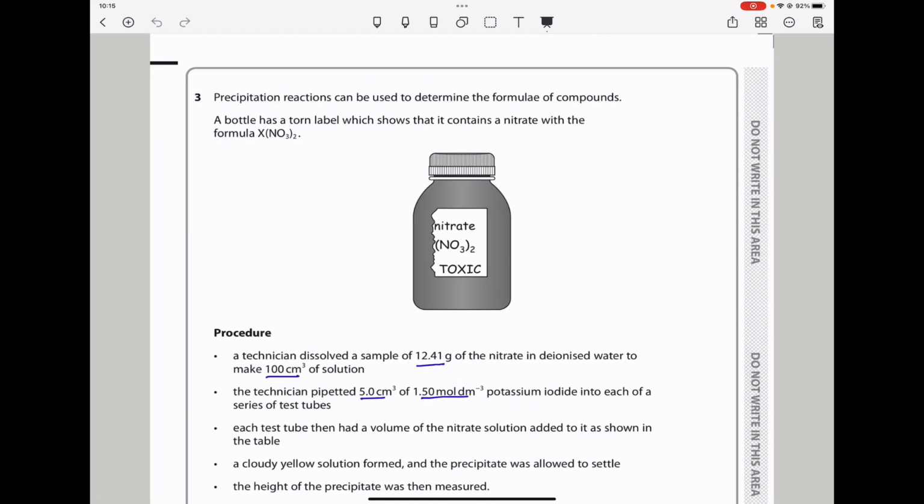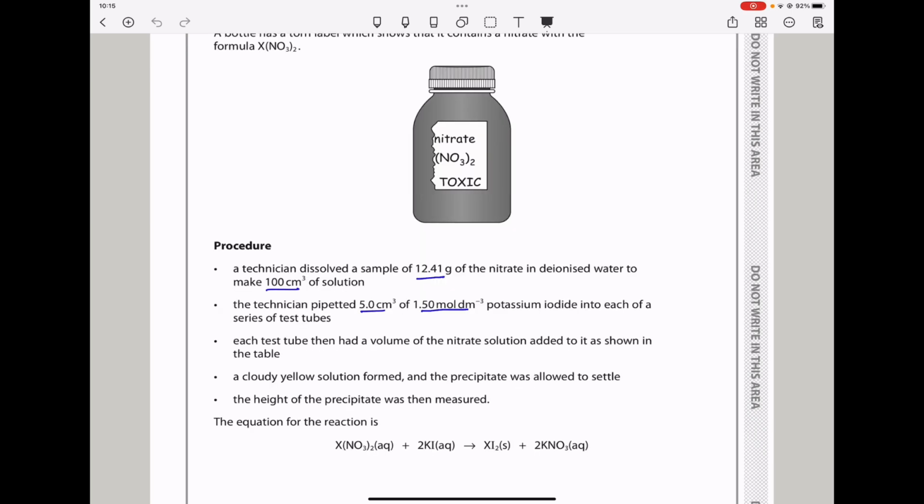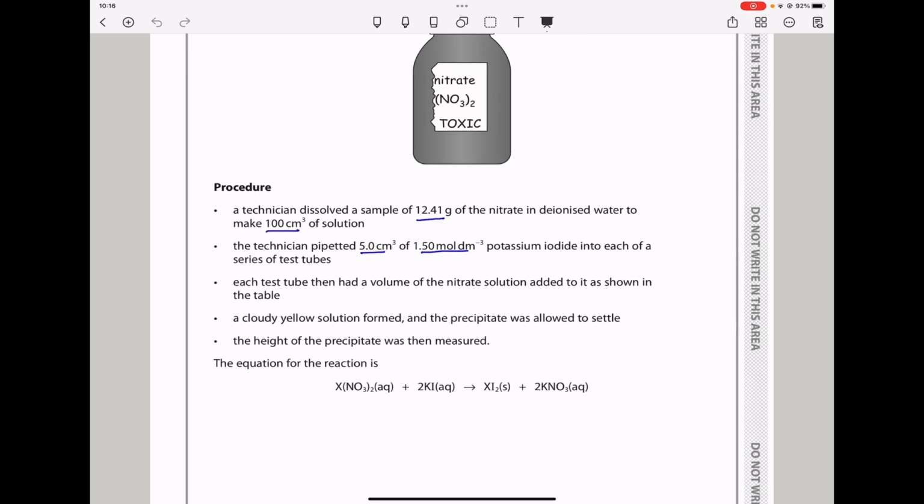Question 3. Precipitation reactions can be used to determine the formulae of compounds. A bottle has a torn label which shows that it contains a nitrate, and we do not know which metal nitrate is contained inside. So the procedure is as below. A technician dissolves a sample of 12.41 grams of the nitrate in deionized water to make 100 centimeters cubed of solution. The technician pipetted 5 centimeters cubed of 1.5 mole per decimeter cubed potassium iodide into each of a